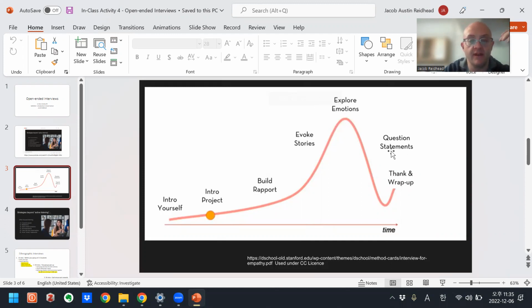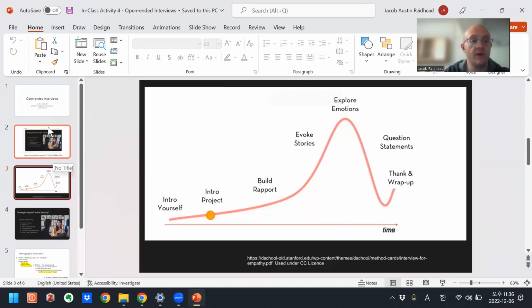And the students, even though they see it modeled, even though I tell them the pattern during the in-class activity, a lot of them will build rapport and go straight to question statements and not spend the necessary time on this. So this is the real challenge of this exercise, to encourage them to evoke stories and give them examples of how to do that.